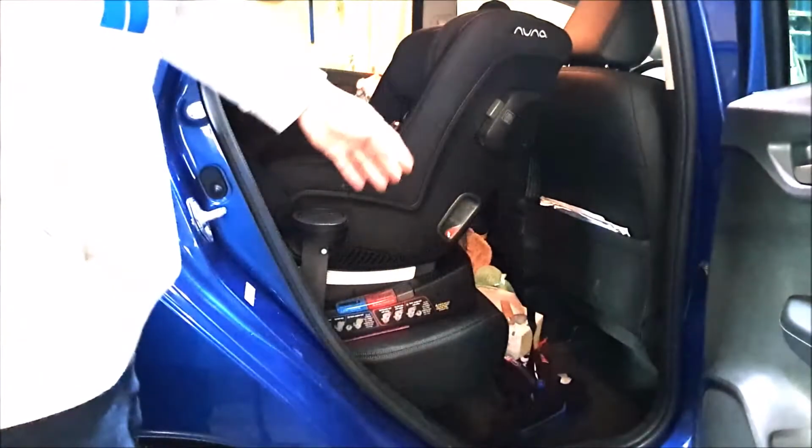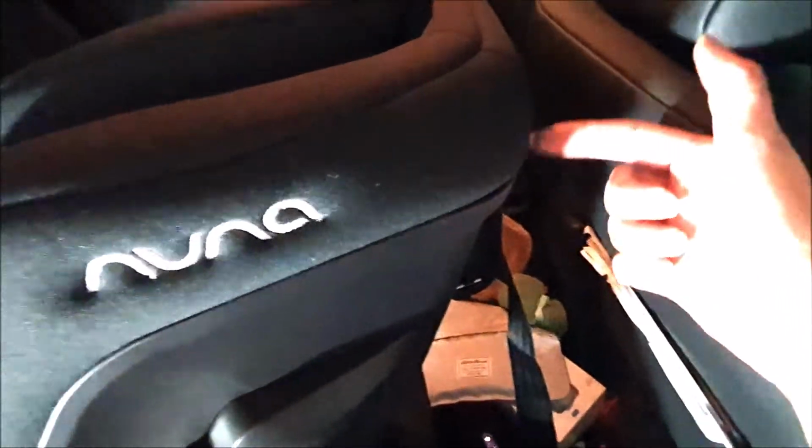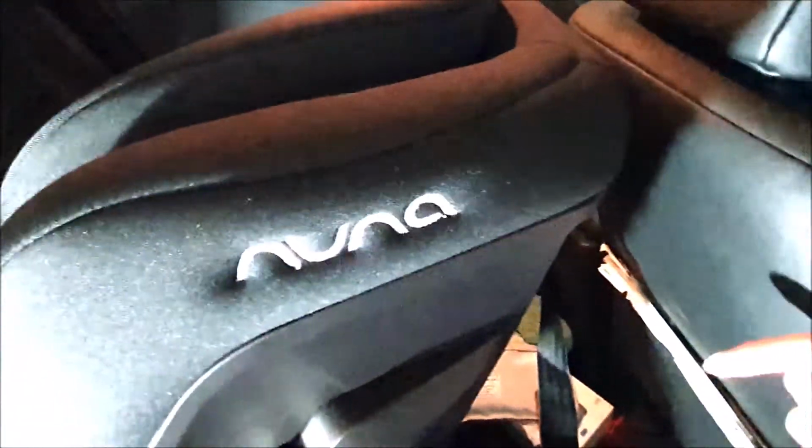Let's just say we put it most upright to 5. And again, we have a good amount of room here now to either recline the seat back or slide the whole seat. Now, the final thing you might be wondering, because the Fit is a very narrow car,